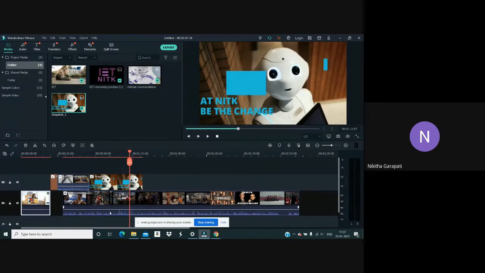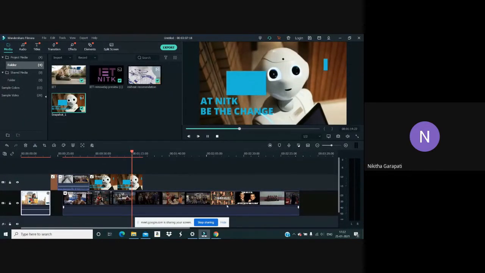If you want to change the audio, or completely mute it or change the audio level, then you can do so. You can see this bar over here, which will indicate the audio level. When you point on that bar, you can increase and decrease the volume levels in your video. If you want to control it completely, you can drag it down completely, and now it gets muted.